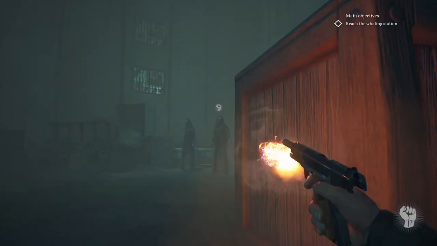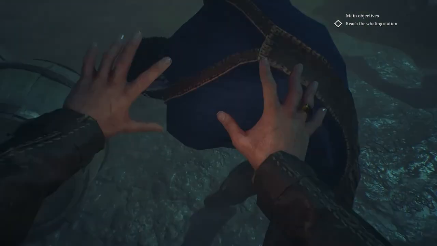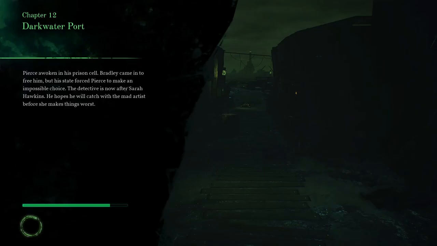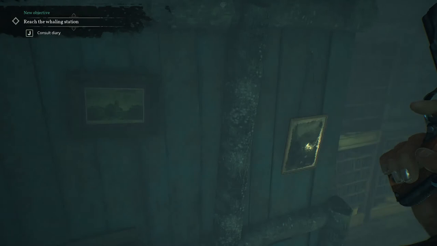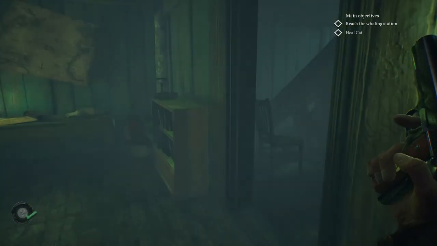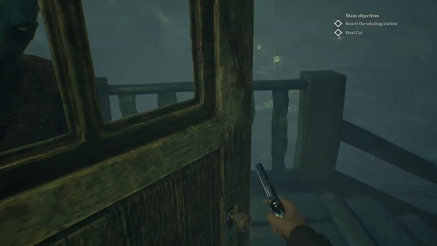Yeah, I should definitely shoot the cultist. Empty. Wait. If there is anybody, I'll catch him. Huh. Was that scripted? Or do I have only one magazine of ammunition? Which actually would make total sense. Like, you wouldn't bring...